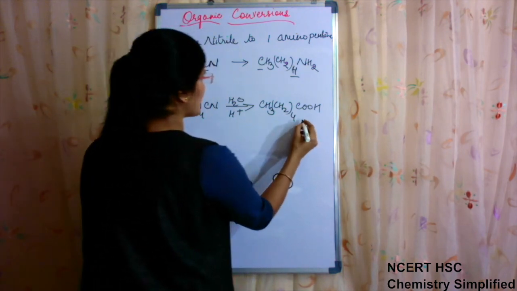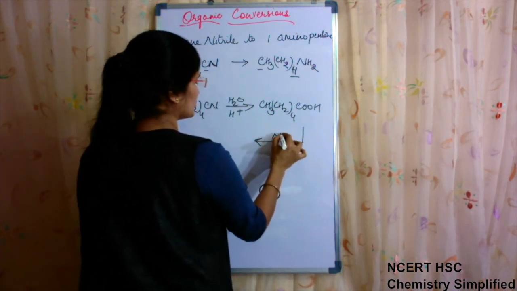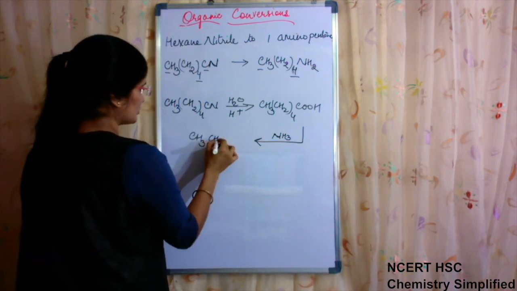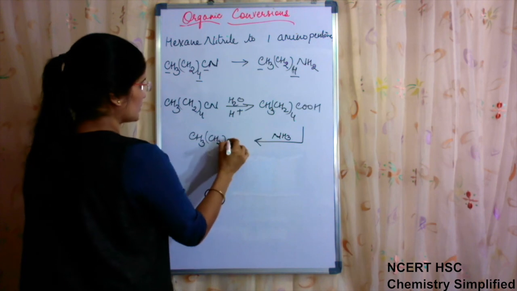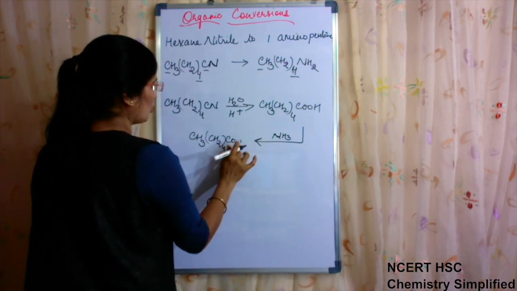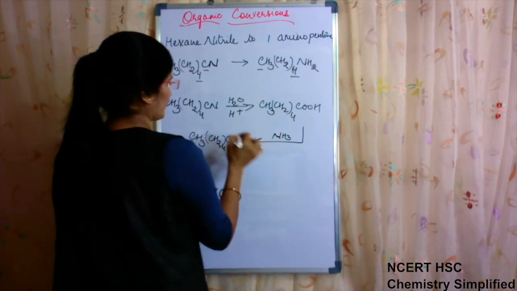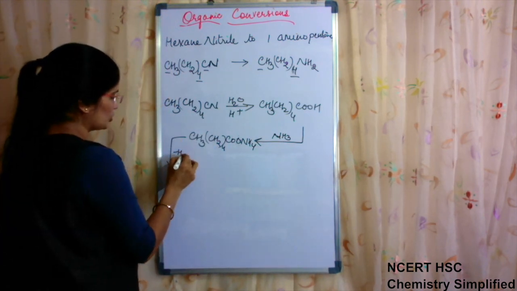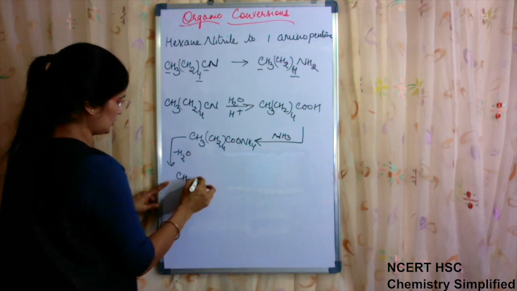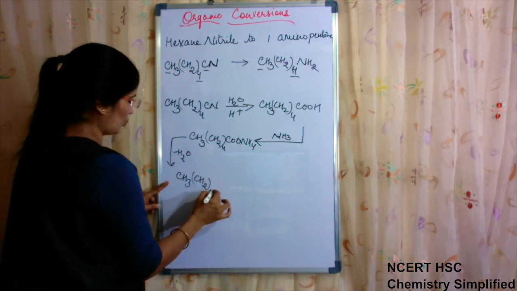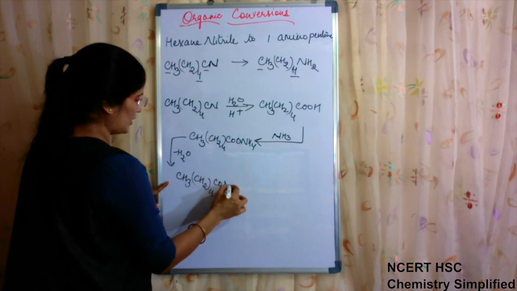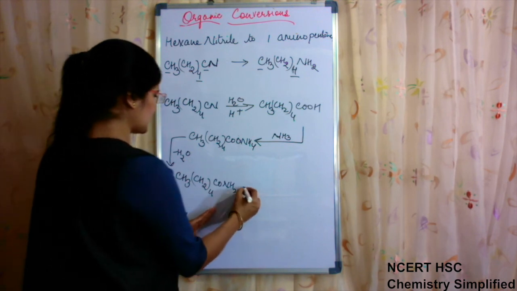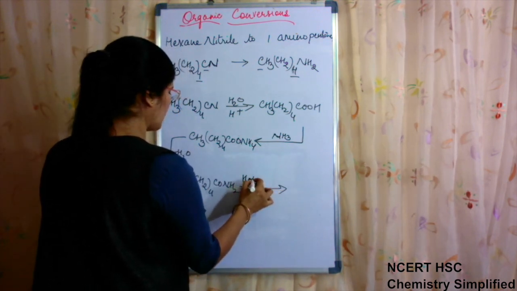Okay, then once this acid is formed, again reaction with NH3 to form CH3, CH2, whole 4, COONH4. Then in the next step, loss of water molecule to get CH3, CH2, whole 4, CONH2. Amide I have obtained. Now in the next step, I will use Hofmann